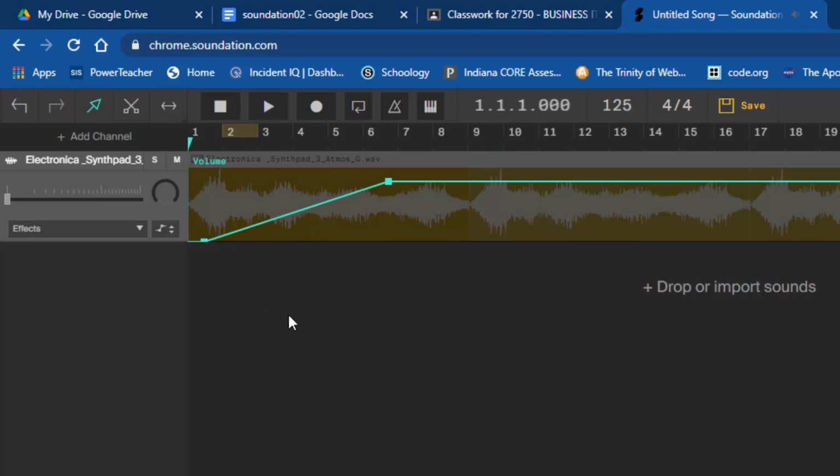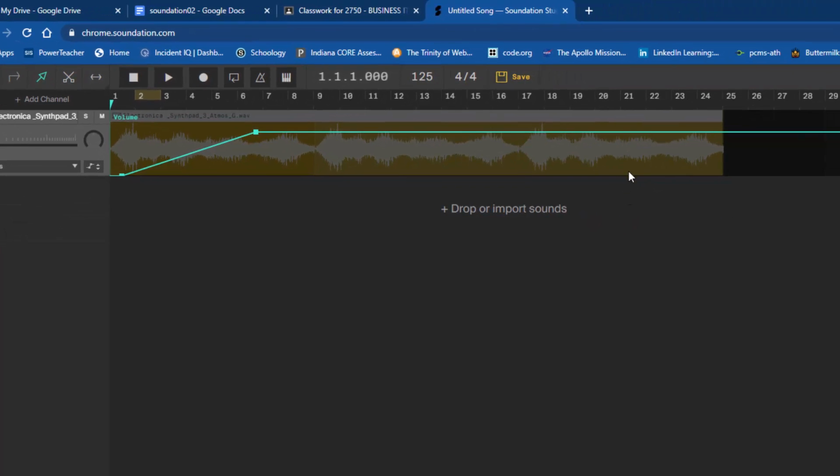All right, so I'm going to hit stop there. And then if I wanted to put a fade out on this, I could come down here and click about here, and I could click about here. Usually a fade, you have to have two of these little markers to create a fade, because it's a start and a stop. What level do you want at the beginning of your fade,